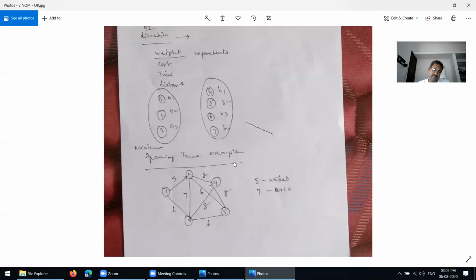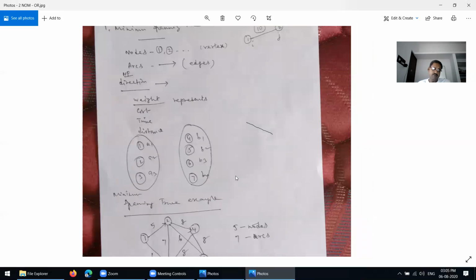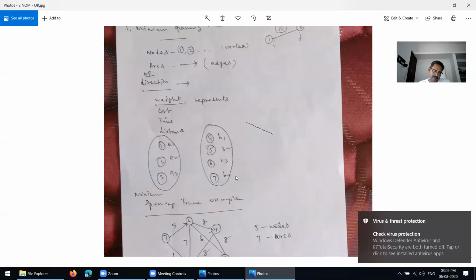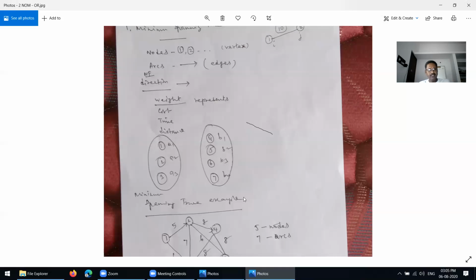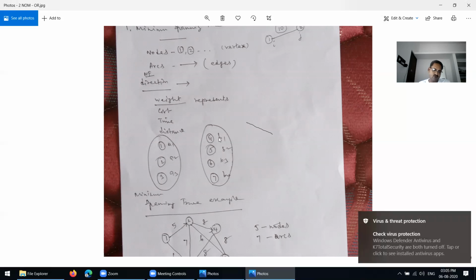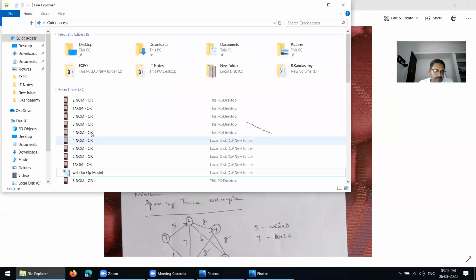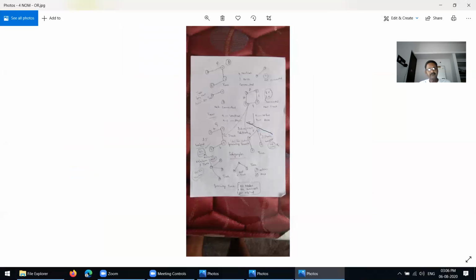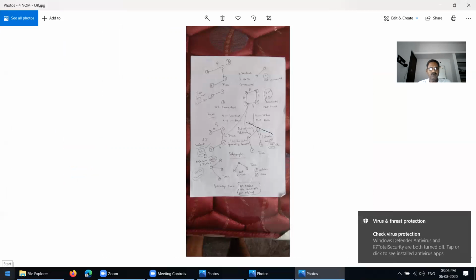Next we have to explain what is meant by a tree, what a graph is, and then what a connected graph and a non-connected graph are, and the spanning tree. Next, we have to explain all these 4 things. So now, I am going to explain all the other things here.